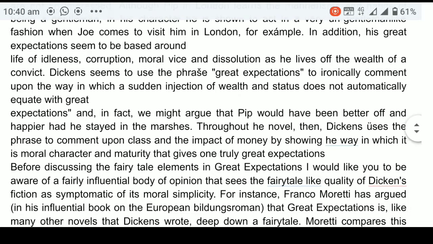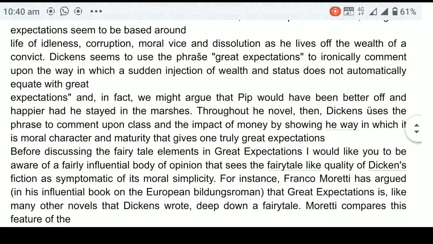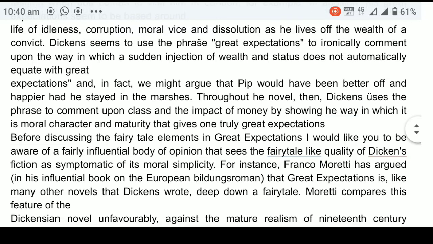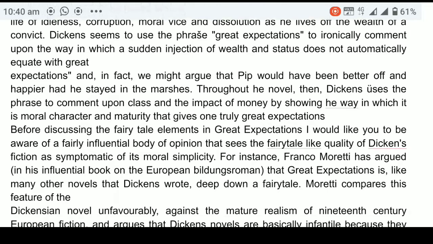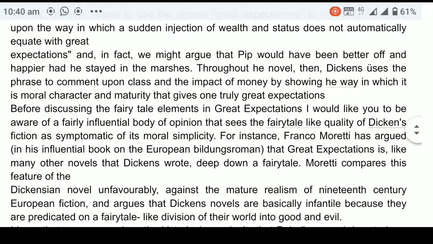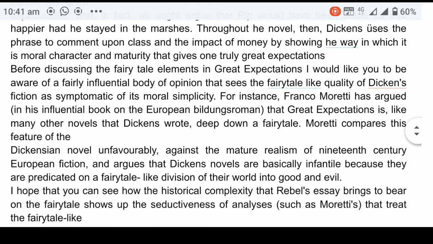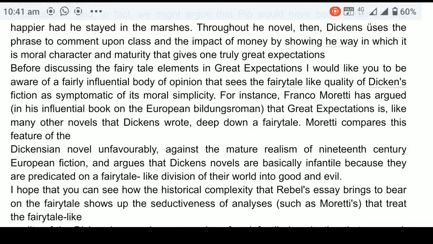When Joe comes to visit him in London, for example. In addition, his great expectations seem to be based around a life of idleness, corruption, moral vice, and dissolution. As he lives off the wealth of a convict, Dickens seems to use the phrase great expectation to ironically comment upon the way in which a sudden injection of wealth and status does not automatically equate with great expectation. And in fact, we might argue that Pip would have been better off and happier had he stayed in the marshes. Throughout his novel,